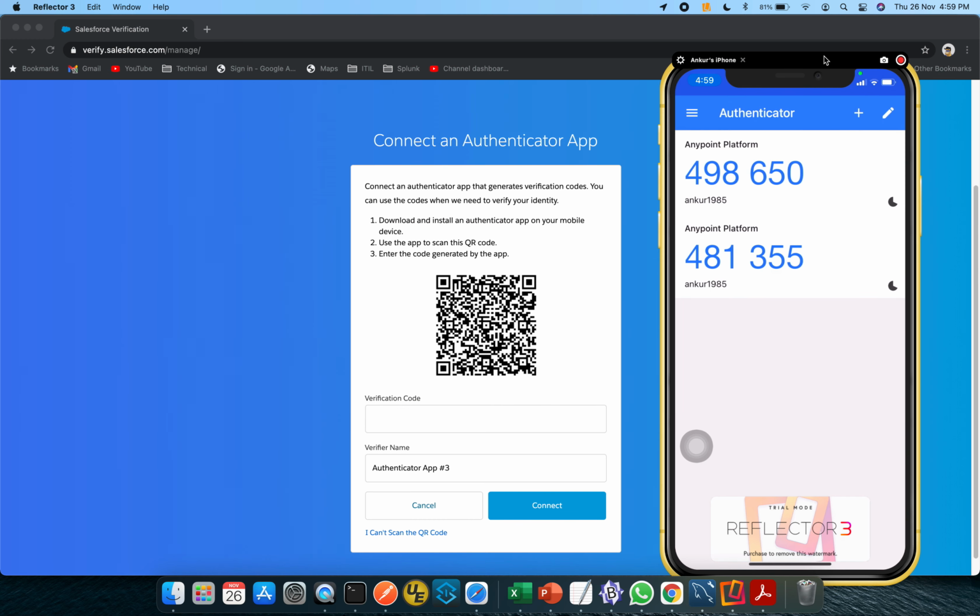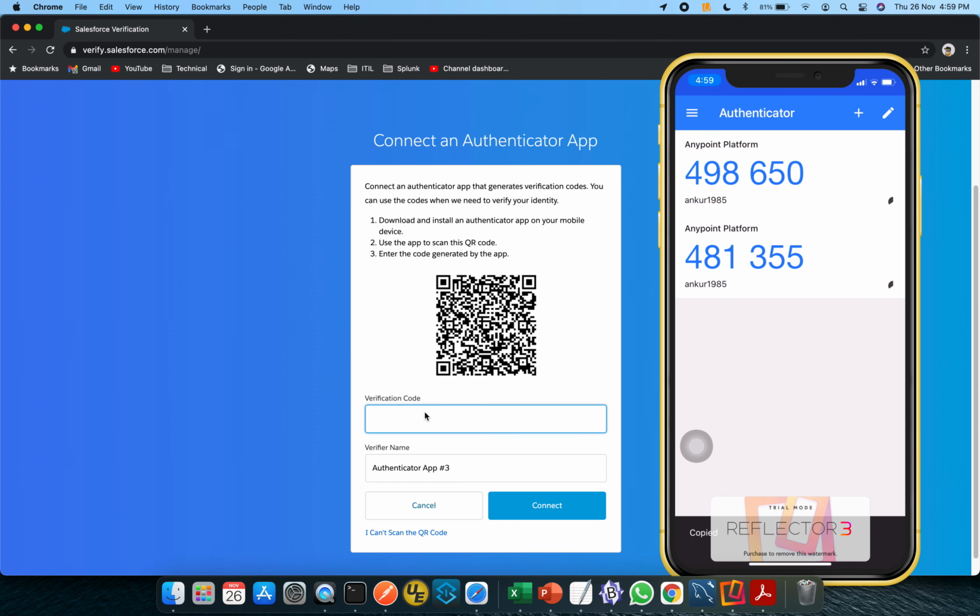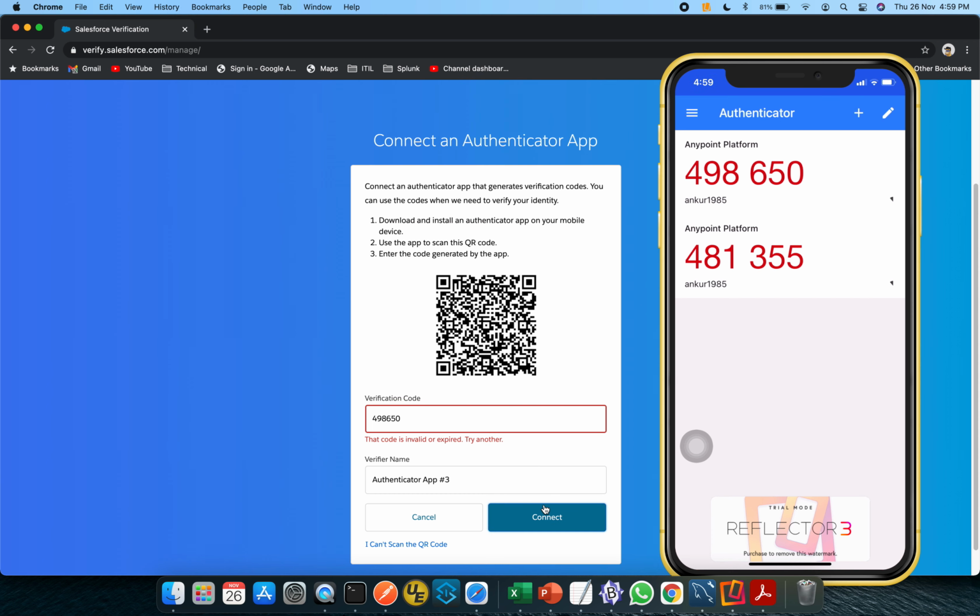So I'm scanning it now and I got a new one, so I got confused about which one to choose. Let me try with this one, 498650, and we'll click on the connect button. So this is expired. Let's try with something new.